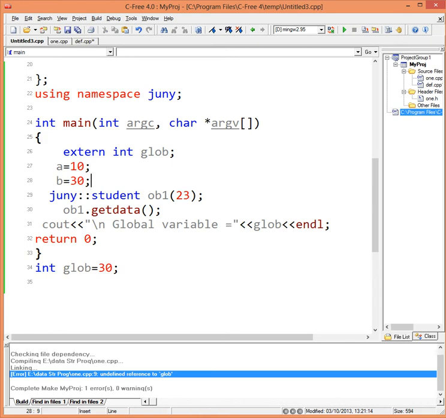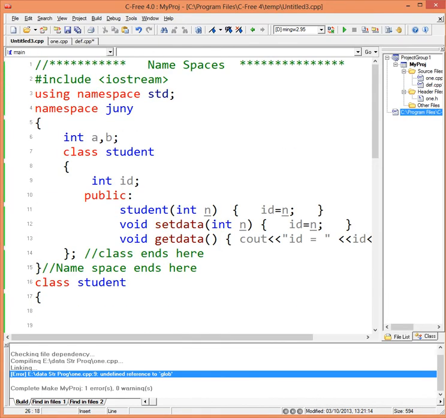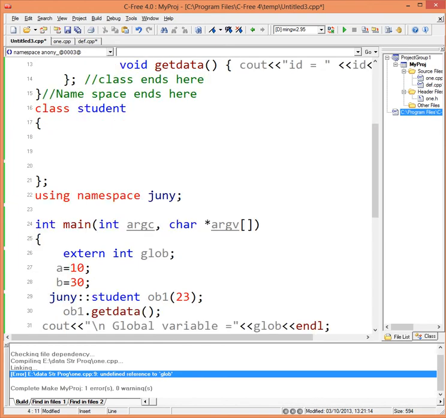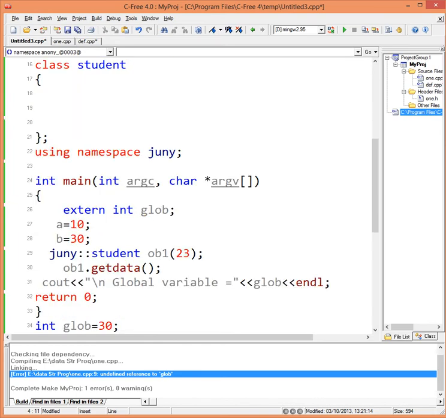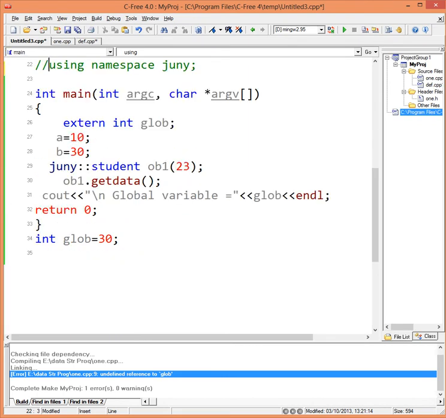If you put something in an unnamed namespace, say I don't put the name here, then this will become an unnamed namespace. Say for example, in my file I had using namespace, I created namespace Juni, but now I'm saying namespace only, nothing else other than that. Now this namespace doesn't have a name, and I don't use the using namespace now because it doesn't have a name, and I don't need Juni anywhere now because I don't have the name Juni. If I give it a go,